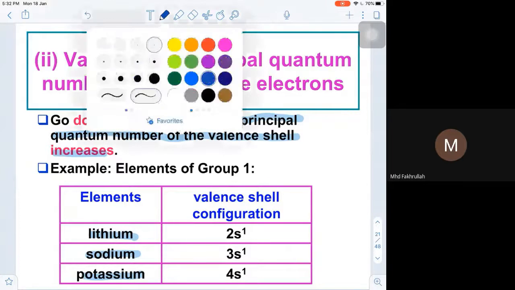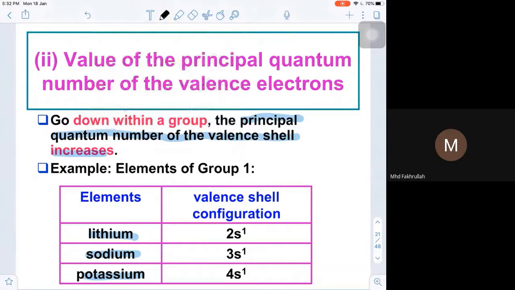So if we write the full configuration, it will be 1s2, 2s1. For sodium, it is 11, so 1s2, 2s2, 2p6, 3s1. And for potassium, it is 19, so the configuration will be 1s2, 2s2, 2p6, 3s2, 3p6,